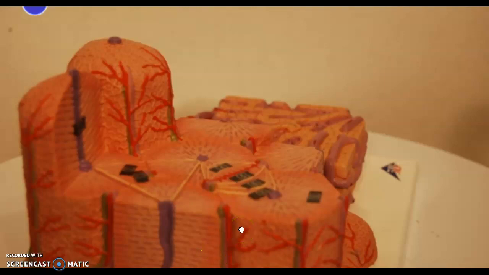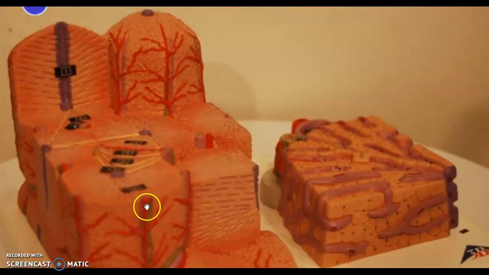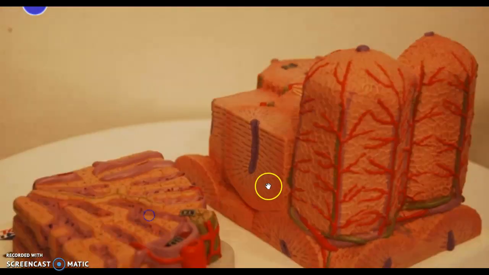And in the corners, there are these 3 vessels. So it's called a portal triad. If we look at them, we see 3 vessels. If I just go all the way around, you can see the 3 vessels running all the way up. We have a branch of the hepatic artery. We have a branch of the hepatic portal vein. And then we have this duct right here, which will become part of the hepatic duct. So the 2 vessels, the hepatic portal vein and the hepatic artery, are taking blood in to be filtered by these lobules. And then waste products and whatever else the liver is producing is going to drain through the bile